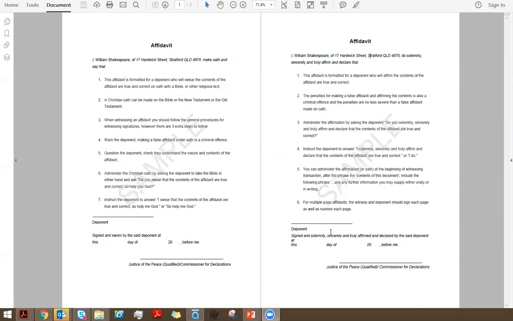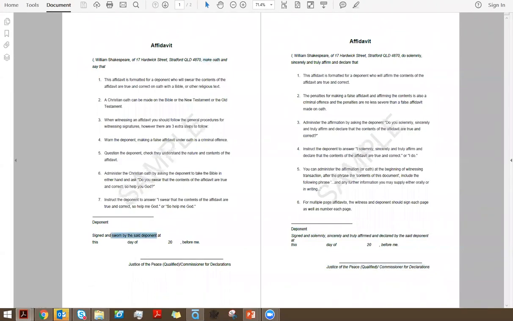And that is what I was just talking about. The most common mistake on an affidavit that is witnessed is the inconsistency of the beginning of the affidavit and the ending where the jurat is, and this is the jurat. It is very important to check that if your deponent is swearing, the choice is consistent at the end of the document.